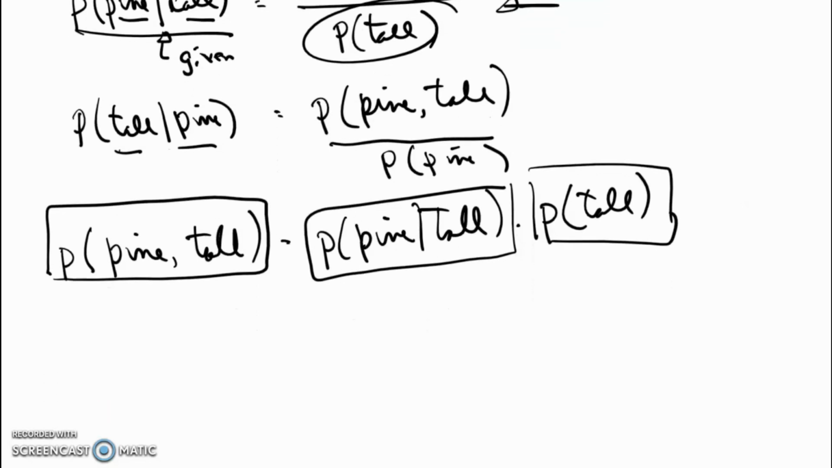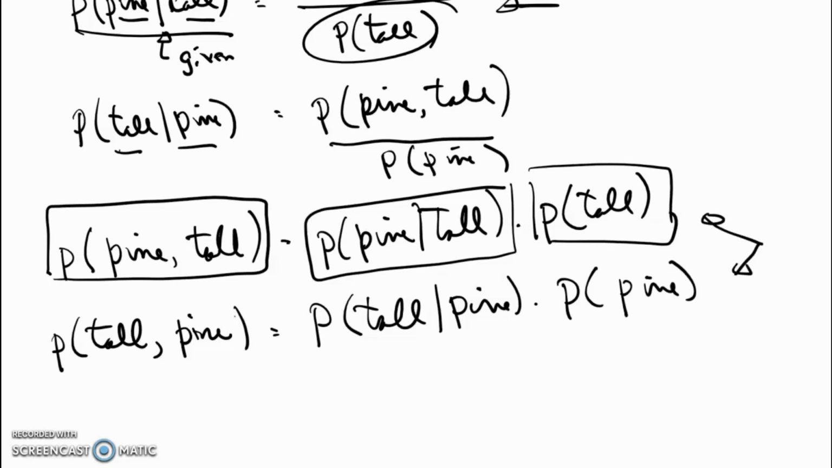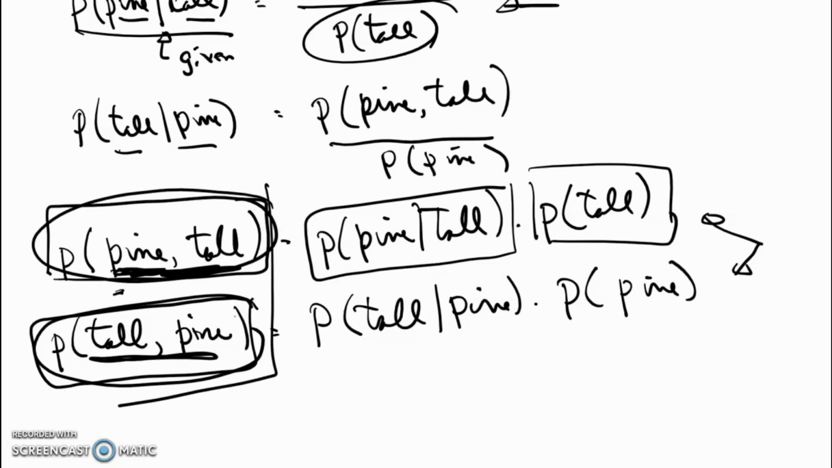But we can also say that the probability of it being tall and pine, if you use the same analogy, is going to be equal to the probability that it's tall given pine times the probability that it's a pine. These two things are essentially doing the same sort of thing. But if we consider these two things, they're equal, right? The fact that the probability of a tree simultaneously being pine and tall is the same thing as the probability of a tree being simultaneously tall and pine. So if these two things are equal,